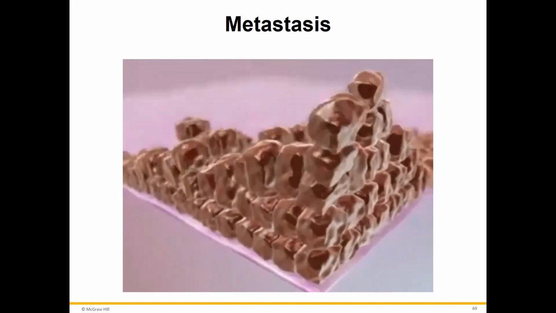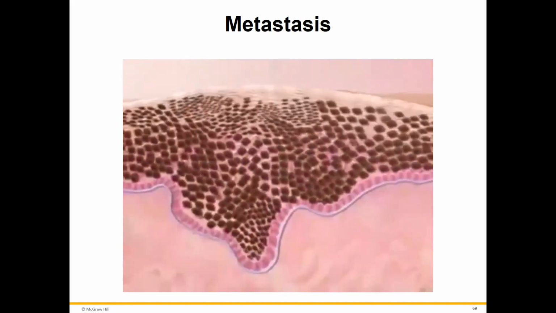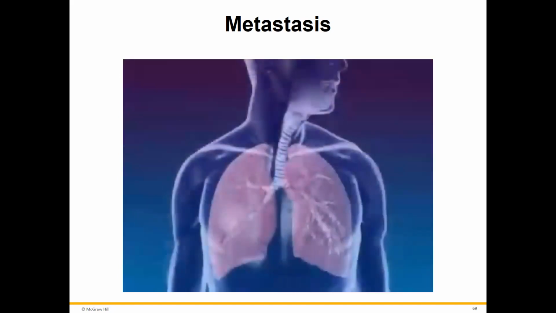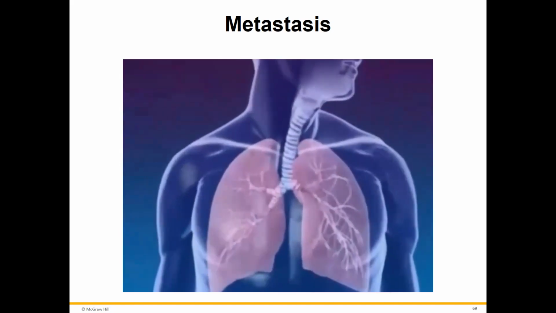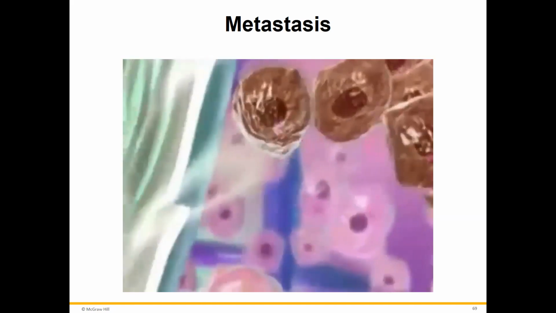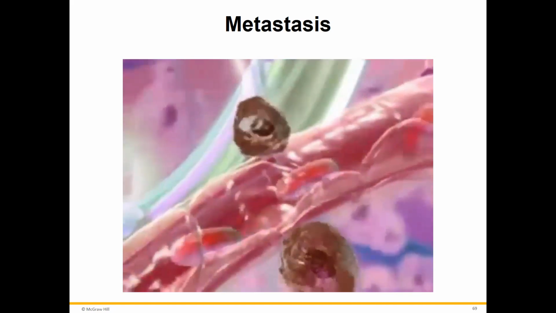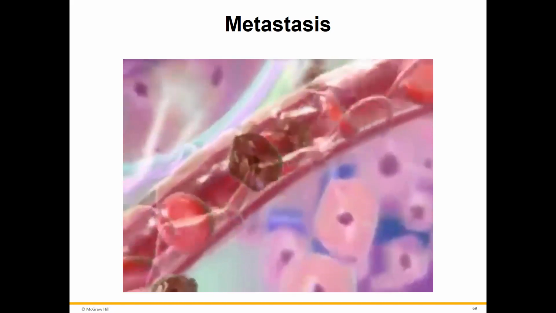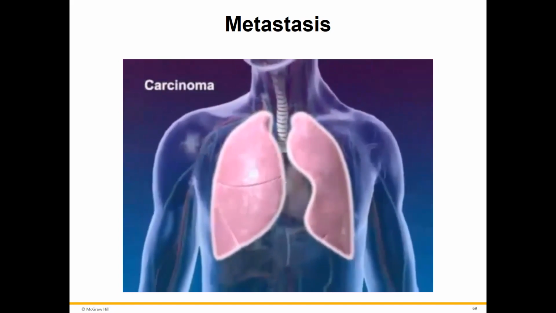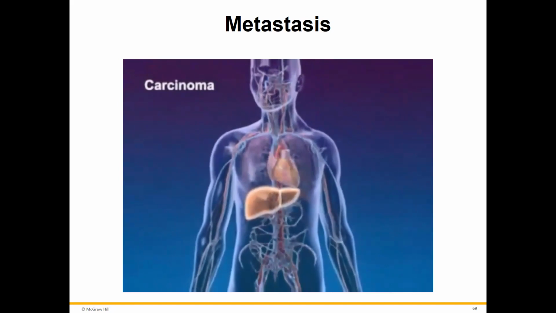Just the way plants send their roots into the soil, the finger-like projections of cancer force their way along the lines of least resistance and spread to other sites. The lungs are a common site of a carcinoma. The cancer cells invade the lung tissue. The cancer cells move from the lungs into the lymph system. As more and more cancer cells enter the lymph system, the cancer cells may spill over and enter the bloodstream. The cancer cells of the epithelial tissue, also known as carcinoma, metastasize from the lung into the lymph, then the general circulation, and metastasize to the liver.